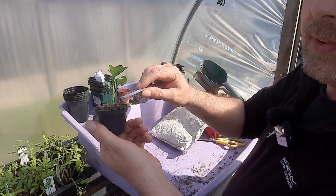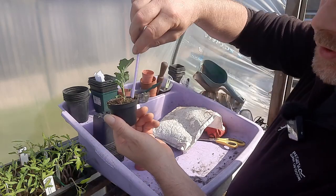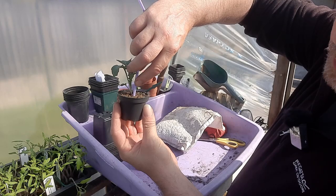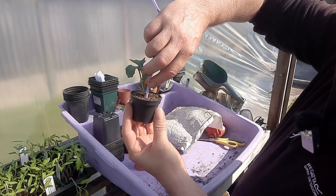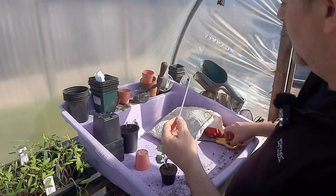These are its seed leaves. It's going to lose them. They're going to get yellow and die off anyway. So you need to come up to where the main stem is, where it splits off. So I'm saying about that sort of depth. I like to push it into the compost a little bit, but you'll not get too far. And basically get the straw,